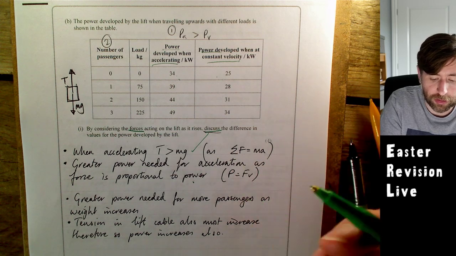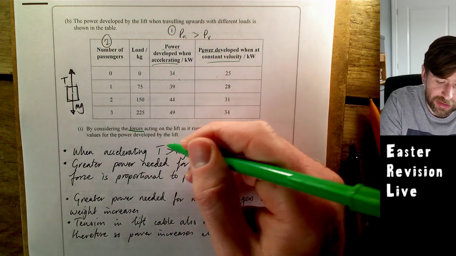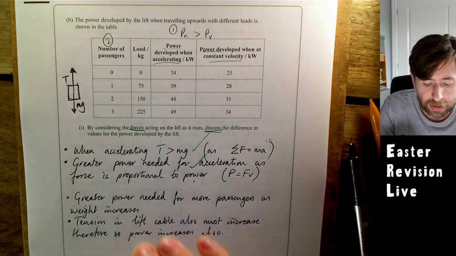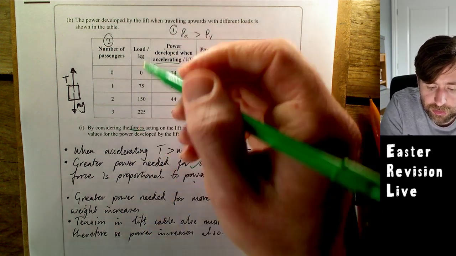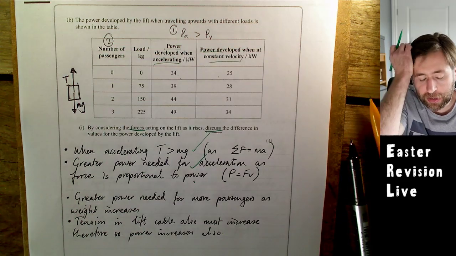force is needed, larger power is needed, right? So this is the point here. Basically, tension is bigger than weight, so you need more power for the acceleration. And then, well, there's another trend here as well. There's also this 1, 2, 3. So this is my second point that I've thought about doing, and this is